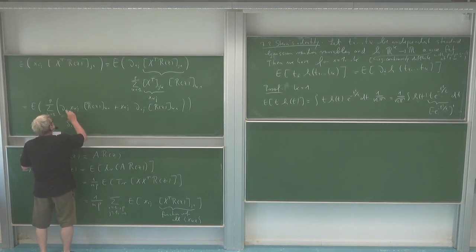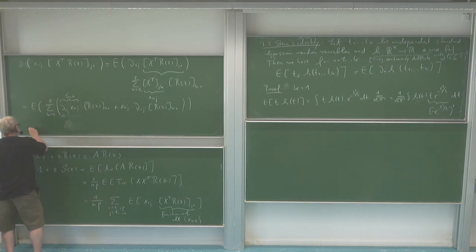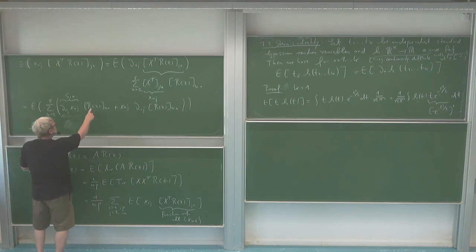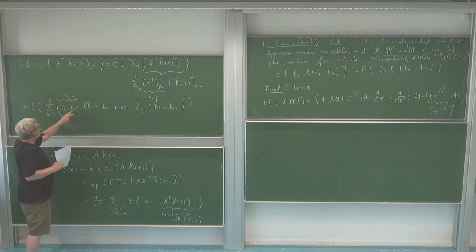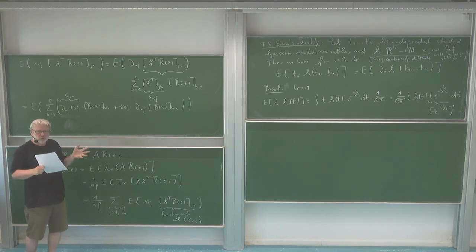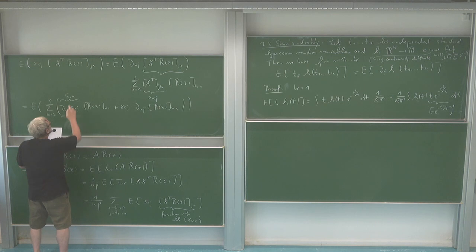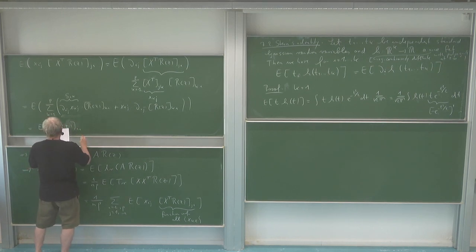Good. Okay, and so maybe I write it here. This is delta ik, and then I can continue here. So the first term, this is the expectation of, and now you see this here tells me that the sum only keeps the term k equal to i, so the sum over k is gone, and I just have the term where k is equal to i. So I have just here r of z, and of this I take the i entry.